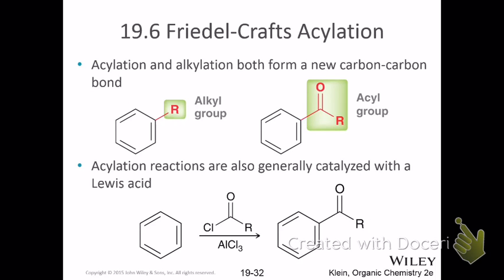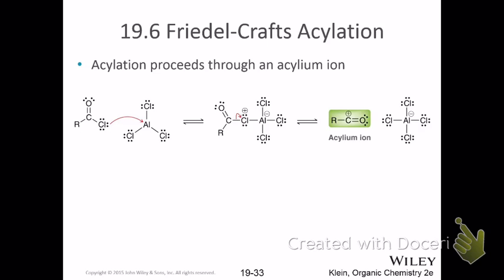So acylation: this is an acyl, that's an alkyl. Friedel-Crafts acylation reaction is the same kind of thing: a chlorine, a carbonyl group, with aluminum chloride. What do you think the first step in the reaction is? The chlorine attacks the aluminum. It's a little bit different, but not that different. This bond breaks, and you end up with what's called the acylium ion,